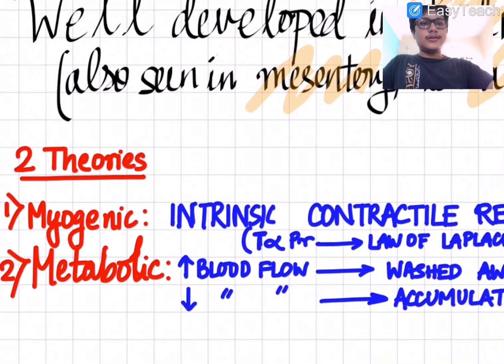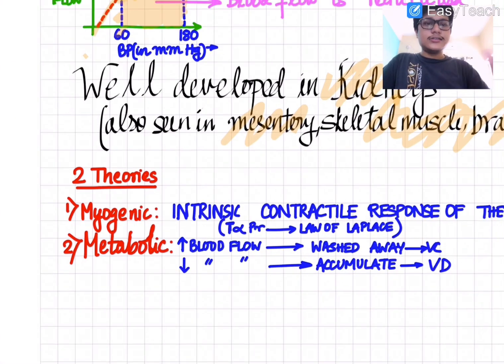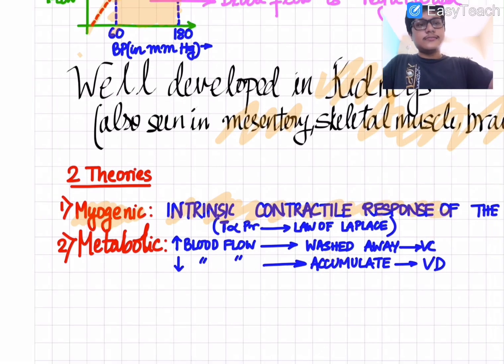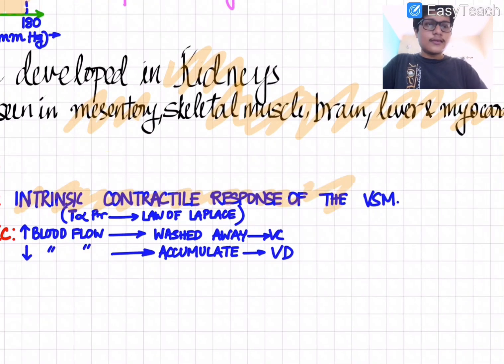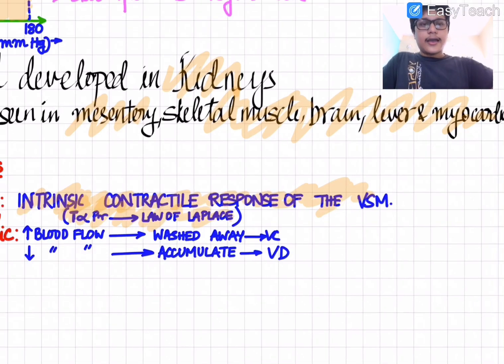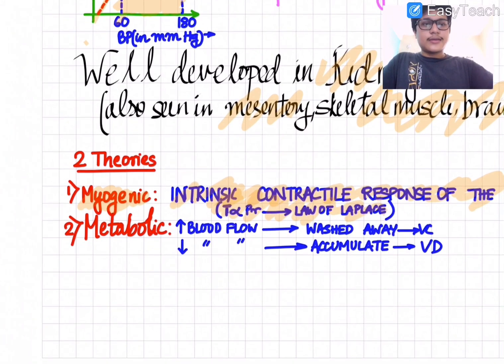And there are two theories as to why this autoregulation occurs. One is known as the myogenic theory. This is due to the intrinsic contractile response of the vascular smooth muscle, and it's based on Laplace's law, that is P is proportional to T by R. Okay, and there is one more theory, that is the metabolic theory,